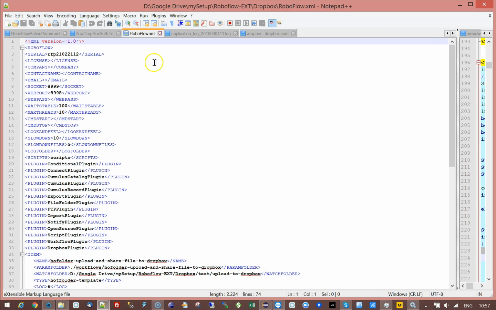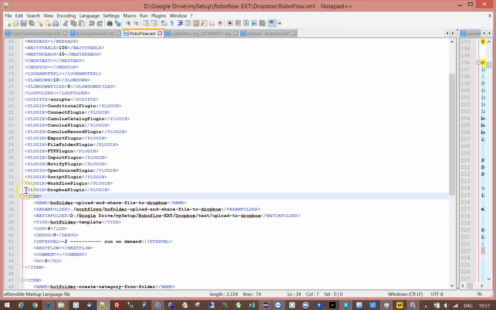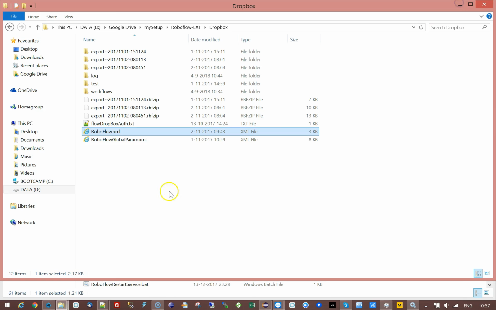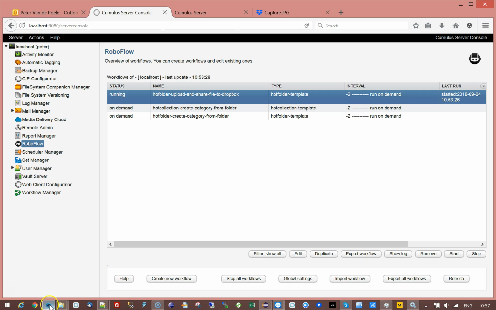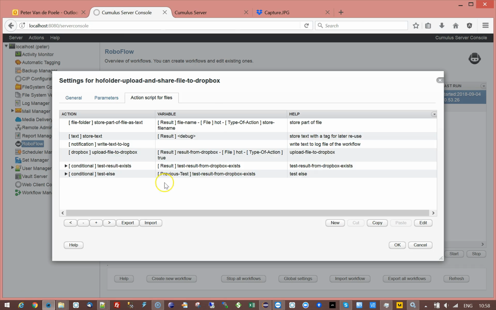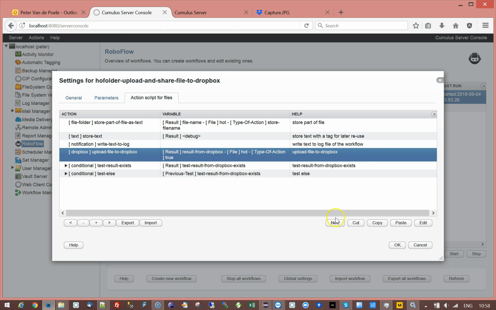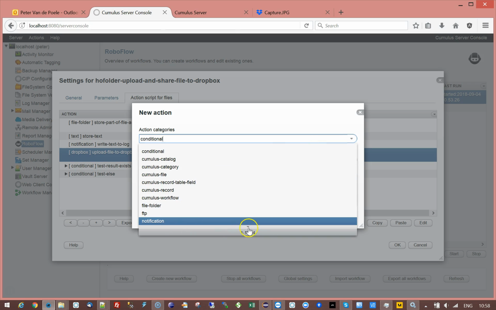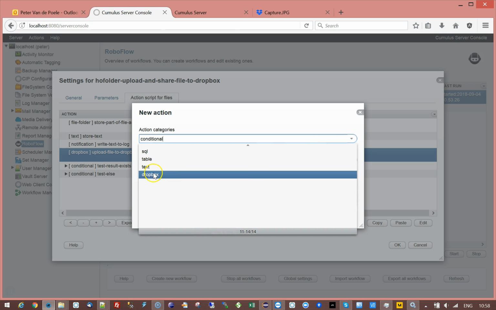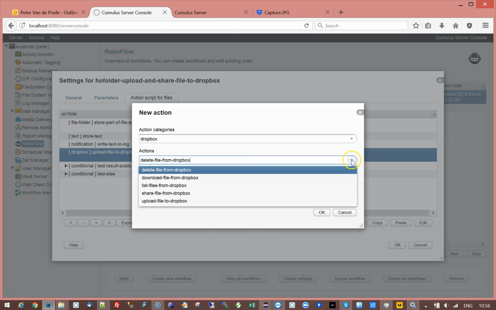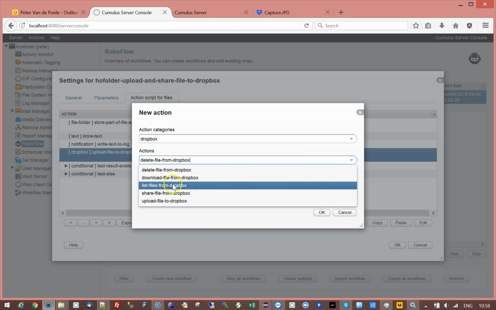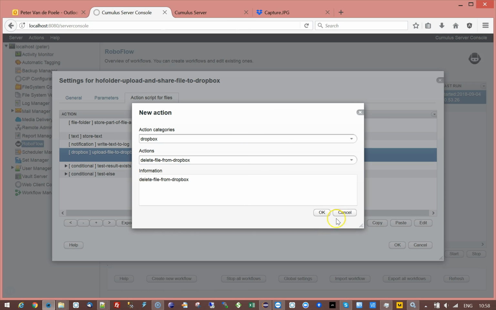But you just need to go to your roboflow.xml file, which is in your Roboflow installation folder, and you need to add here one entry saying that from this point on there is a Dropbox plugin. By doing so, that will make sure that this plugin is from that point on visible in Roboflow. So when you do new, you will have this separate tab here for all your Roboflow instructions. So deleting, downloading, listing, sharing, uploading, and all these things are